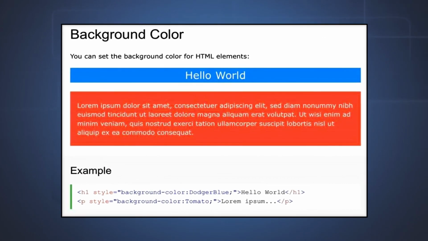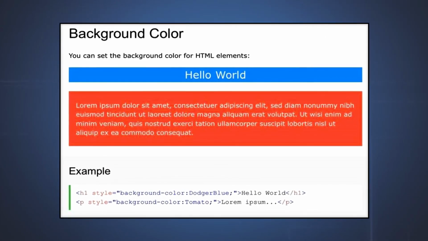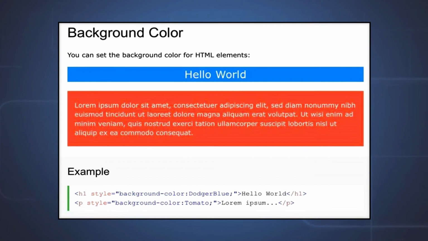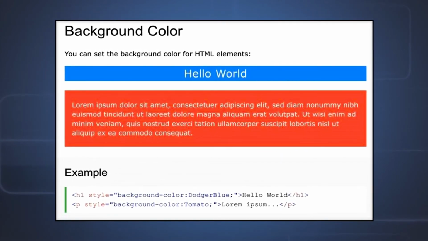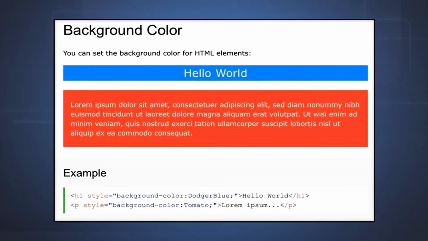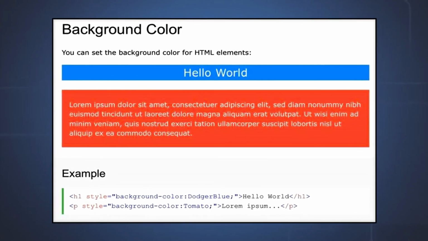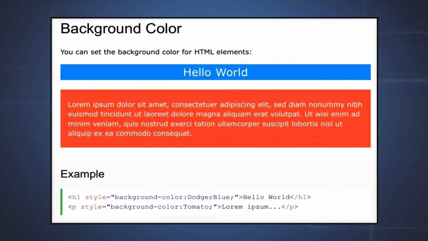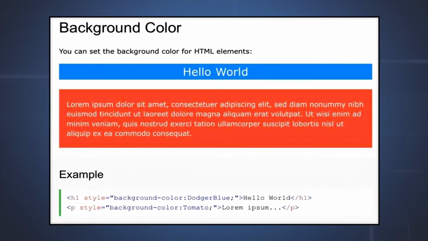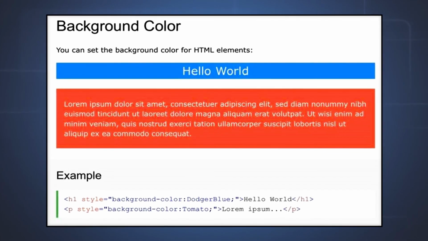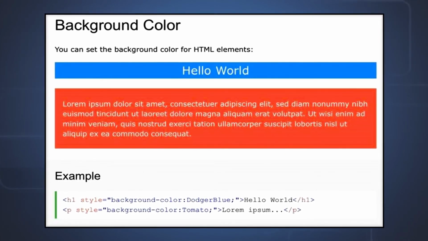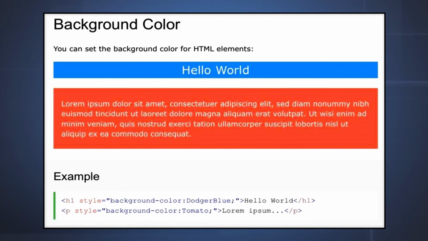Then we always have a challenge: what background color should our web pages have? We can do it using the background color property. Suppose there is a heading and we want a particular background for it, then we can say h1 style equals background-color, write the name of the color, and write the title. The same is the case with any other header as well.